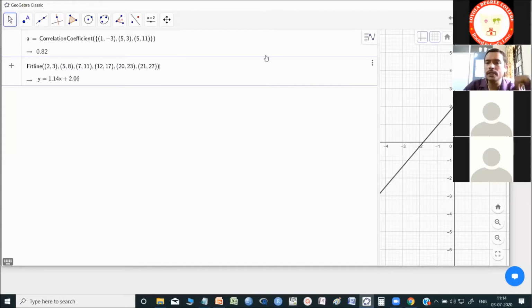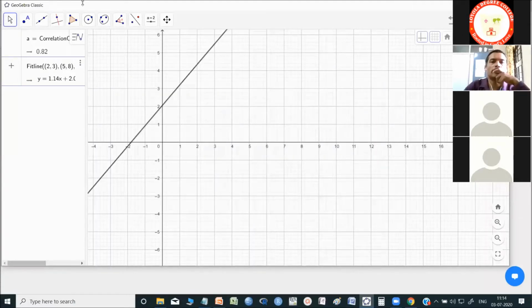So on the left side, you could see the straight line also passing through those points, and this is the line fitting. This fit line is the same as the regression of y on x. Already we know both are the same. If you are fitting a straight line, it is the same as regression of y on x. So we may want to have a regression of x on y.